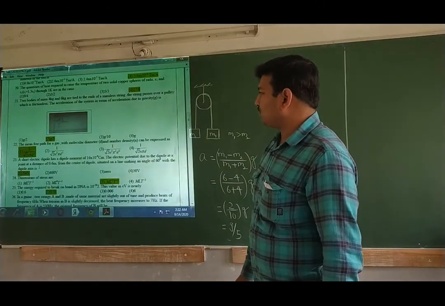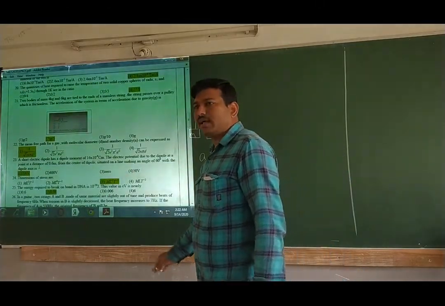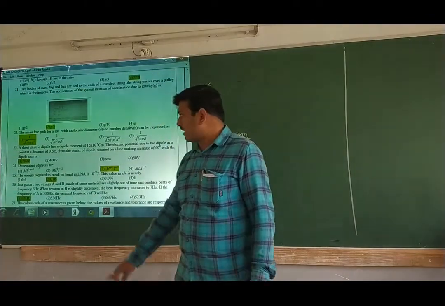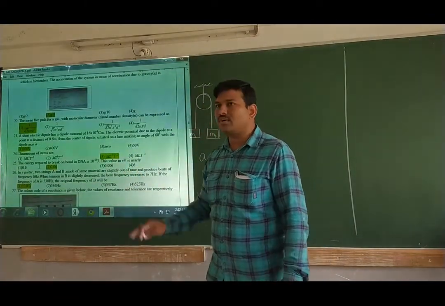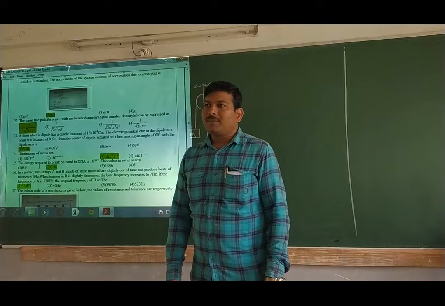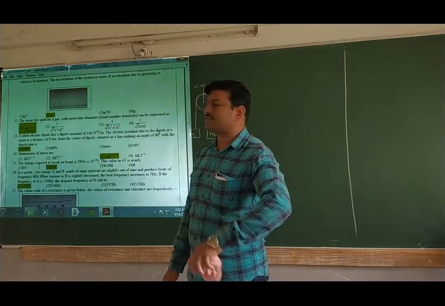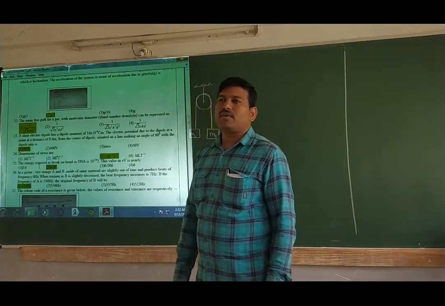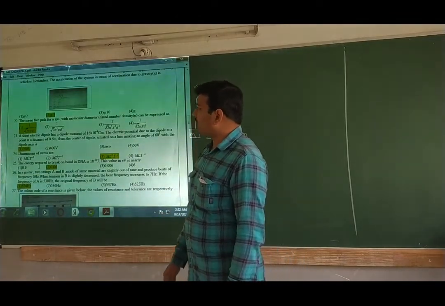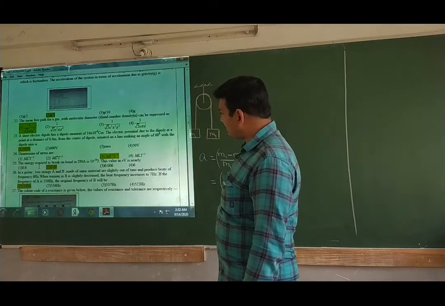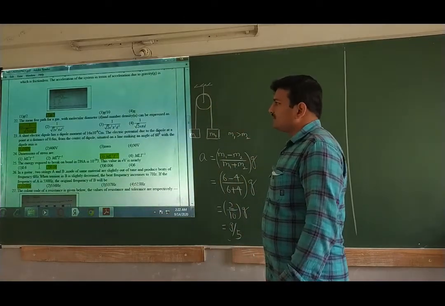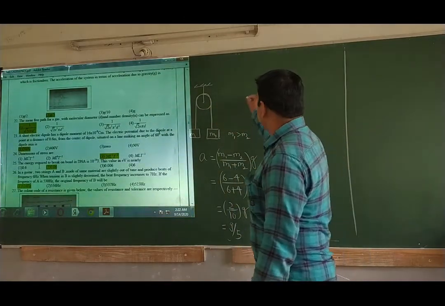Next, 22. It is a standard formula which you derived. Derivation is not there in your NCERT textbook. It is out of scope of the textbook. But the direct formula is there, and it is asked many number of times in the board exams in first year, to write the formula for mean free path. So, what is the mean free path of a gas with molecular diameter d and number density n? That is the question. So, what is the formula for mean free path?